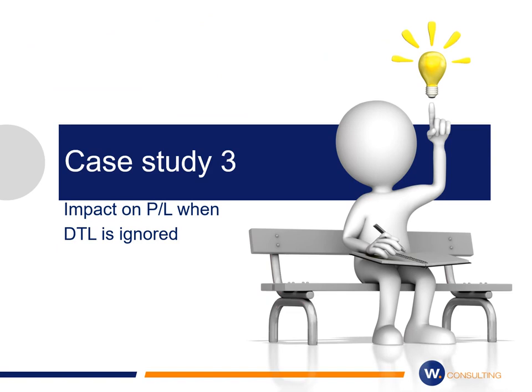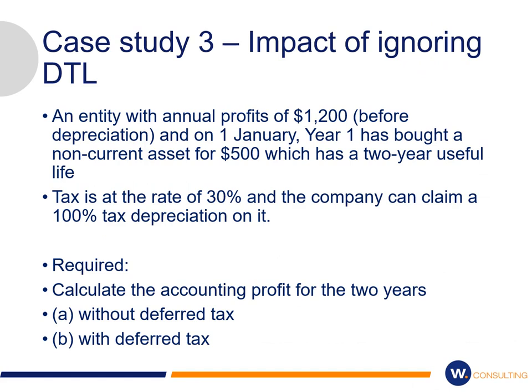So, in case study 3, perhaps we should have had this a bit earlier, but it's fine. Let's just go through it. This is just a case study that's going to look at what happens if we had ignored deferred tax. So let's have a scenario here. An entity with annual profits of $1,200 before depreciation,